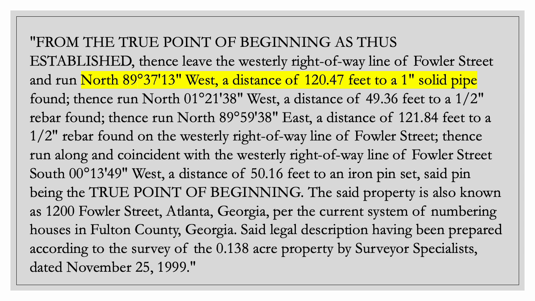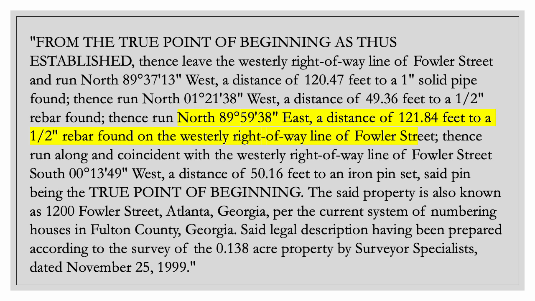Because the first call goes north 89 degrees, 37 minutes, 13 seconds west for 120.47 feet to a 1-inch solid pipe. That is one side of the property. The second then runs north 1 degree, 21 minutes, 38 seconds west for 49.36 feet to a 1/2-inch rebar, and that's the second side. The third call runs north 89 degrees, 59 minutes, 38 seconds east for 121.84 feet to